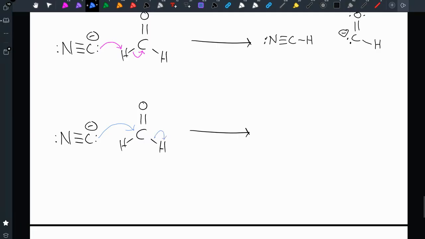Let's break a bond to hydrogen first, see what that gives me. Now I'm going to have hydrogen with a lone pair. That's going to have a negative formal charge. I could also consider